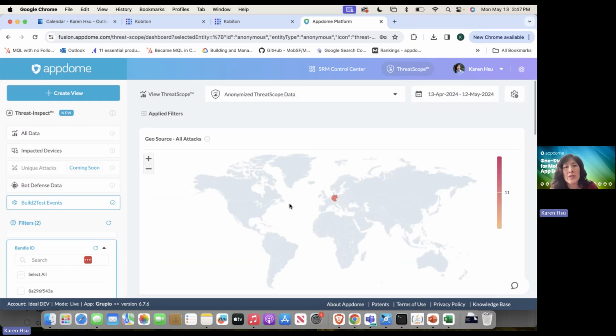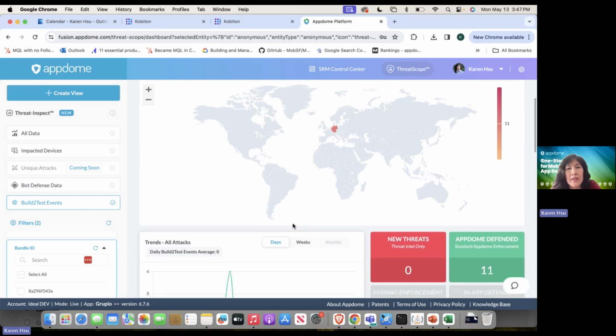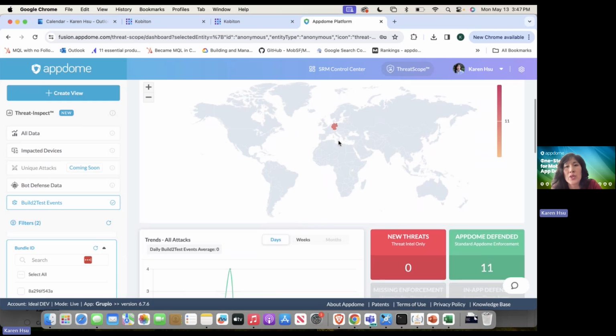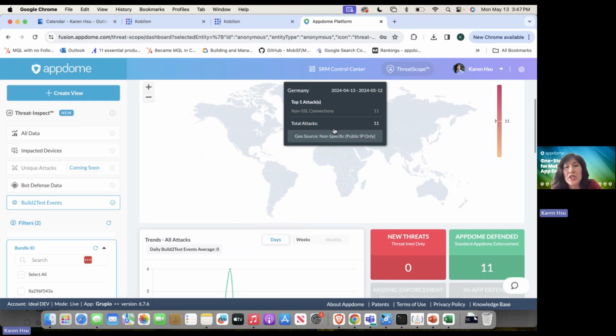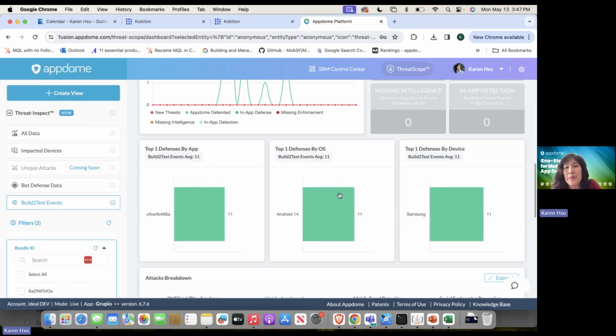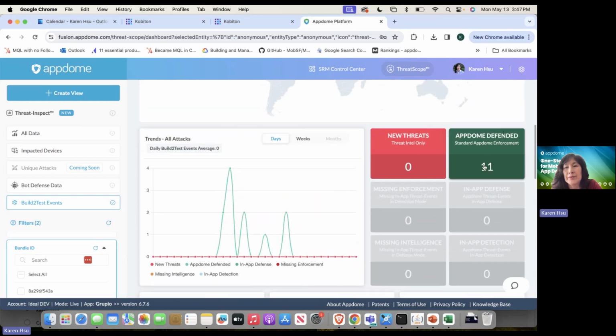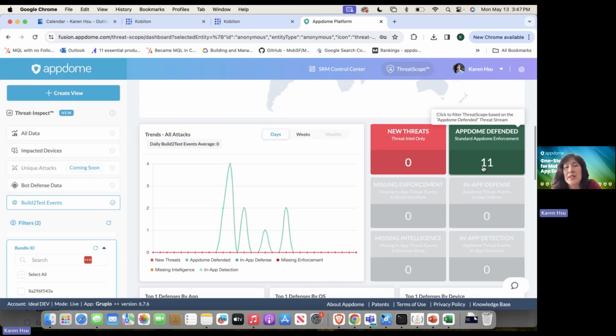Now, just to orient you to this view here, what you're seeing is the attacks, and this is seeing that in this case, the testing of the app as it tried to connect to an insecure connection is occurring in this geography here. And I can click on the events that Appdome is protecting against, as well as the attacks that Appdome has not protected against yet, and you may want to, or the organization that you're working with may want to protect